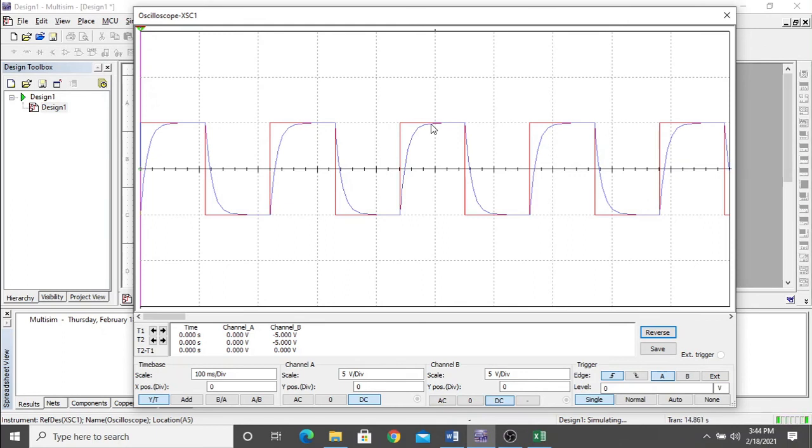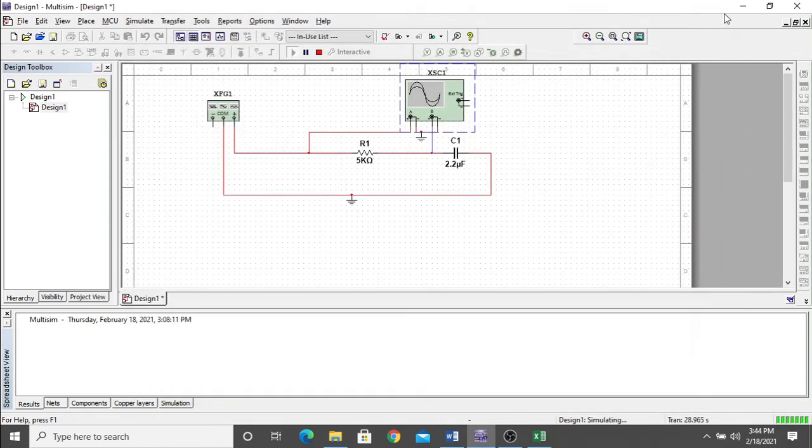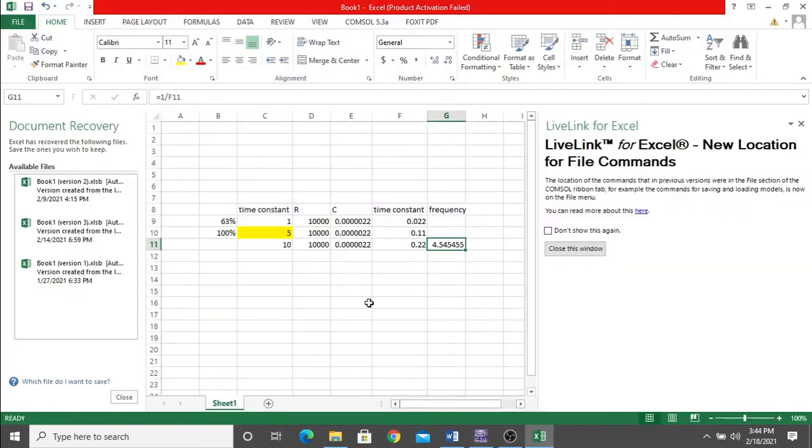So if we need the time constant at which the capacitor is completely charged at the end of the pulse, we have to calculate it like this.